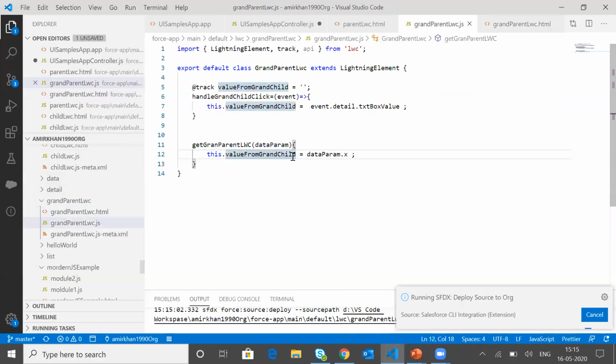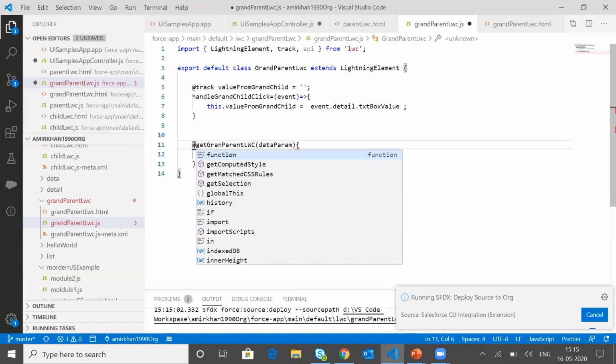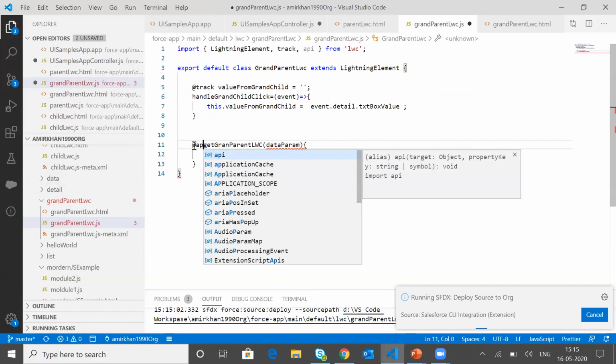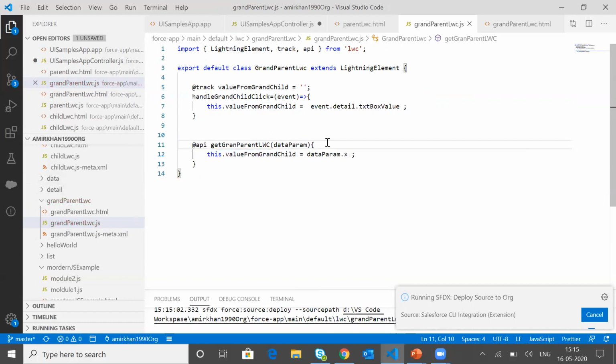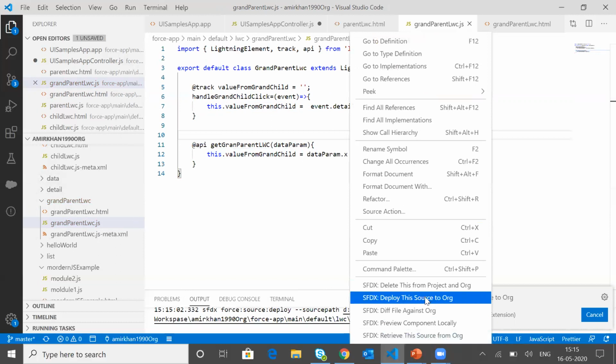and also let me copy the name of the method. And one more important thing, as I explained to you earlier, in order to make this a public property, we need to use the annotation called @api. Okay, and deploy this again.